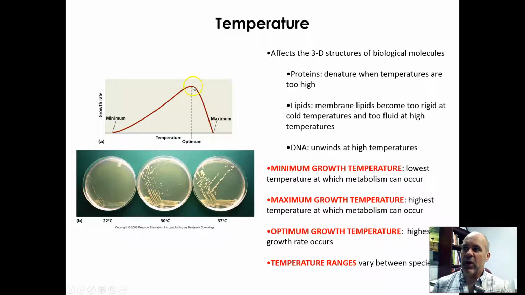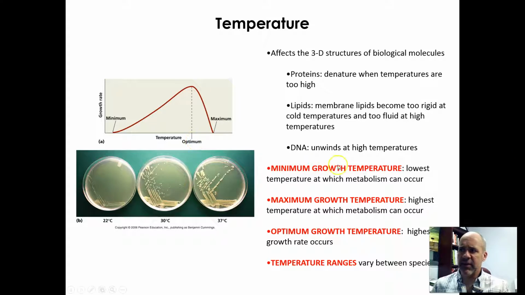Now notice as you go above the optimum temperature, you also reach what we call the maximum growth temperature. The maximum growth temperature is not the optimum, because it kind of sounds when you're first listening to it like it would be the temperature at which growth happens maximally, and that's not true. The maximum growth temperature is the highest temperature at which you get even a little bit of growth. Growth there will still be pretty pathetic, but at some point you do hit the highest temperature where you can get any kind of growth at all for an organism.